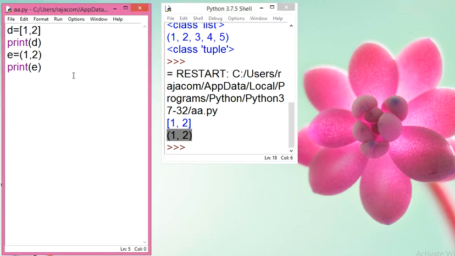Now we are going to learn about list versus tuple. If after this line I am going to add d equal